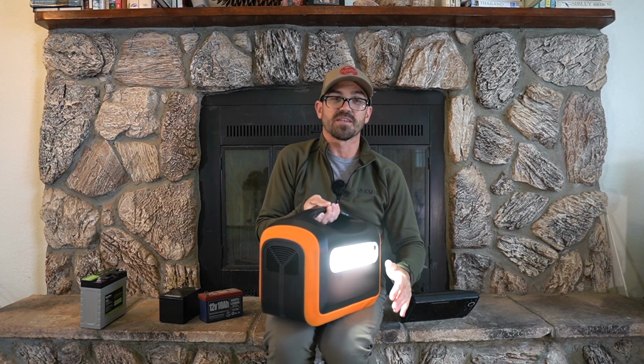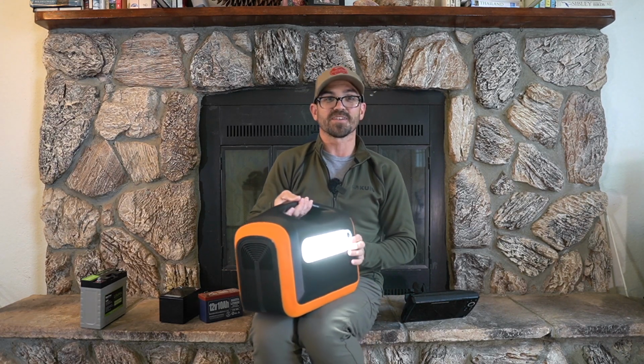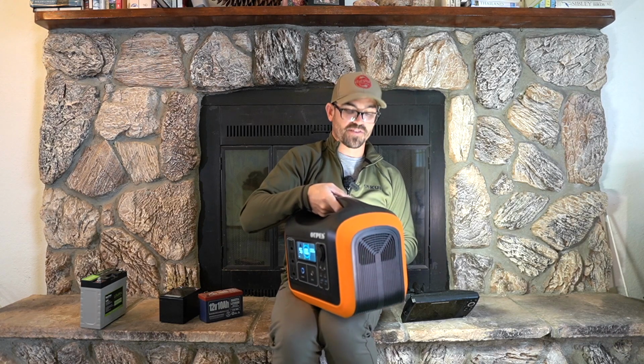So this has come in handy when I'm filleting fish at the fish cleaning station. I can bring this over here. This throws off a huge amount of light here. I can also run my electric fillet knife off of it. There's a lot of things I want to